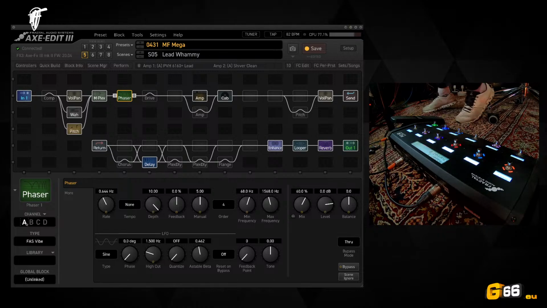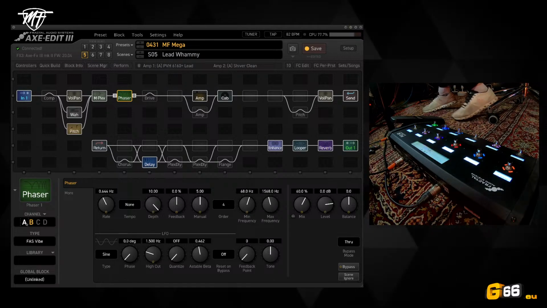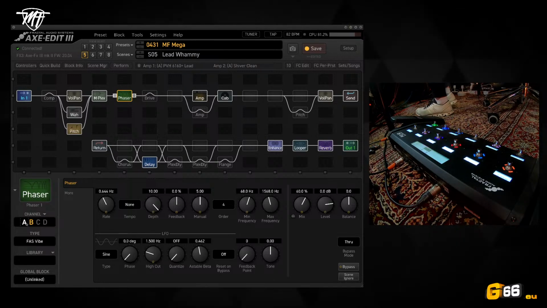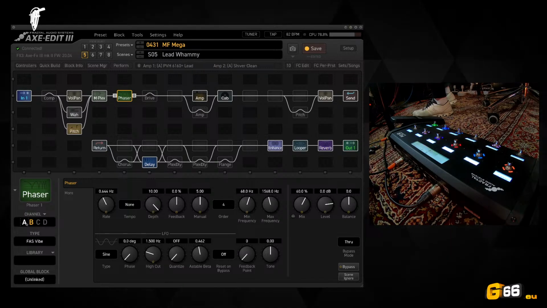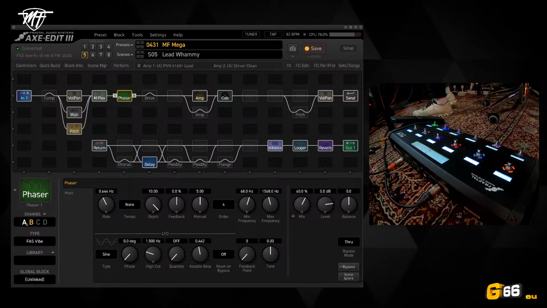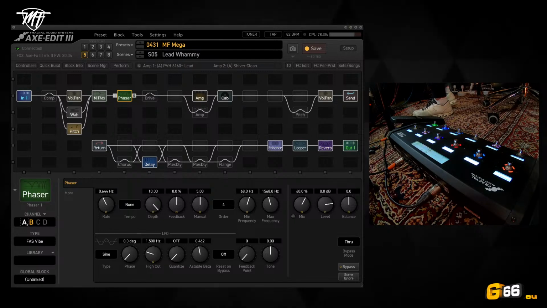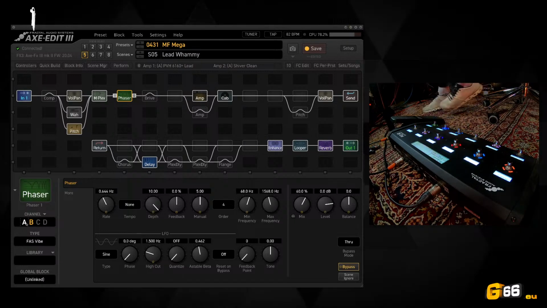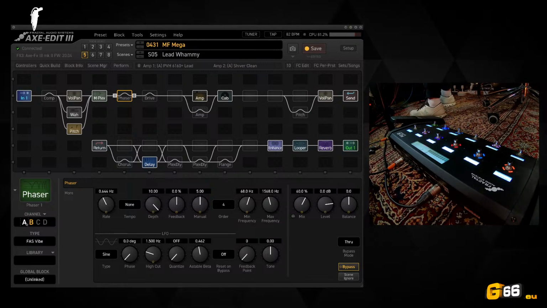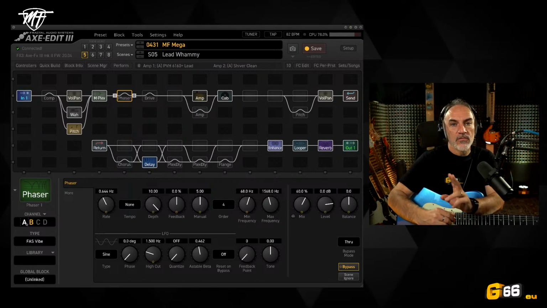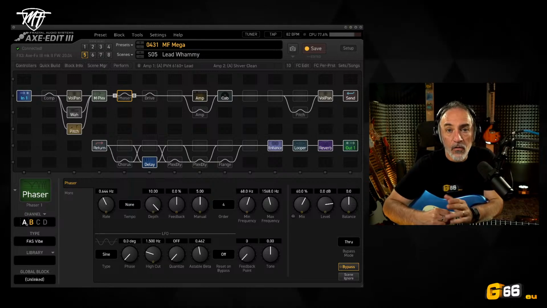If I press and hold, I select the fast vibe, sorry. Okay, so this is also a nice solution to have the possibility to have two different effects or more, because